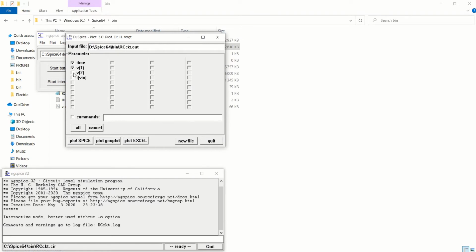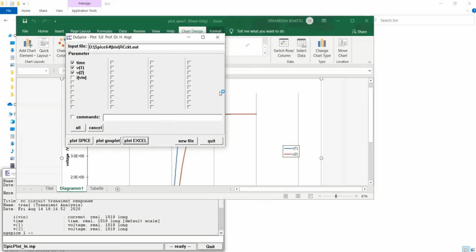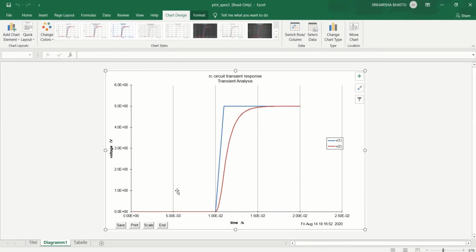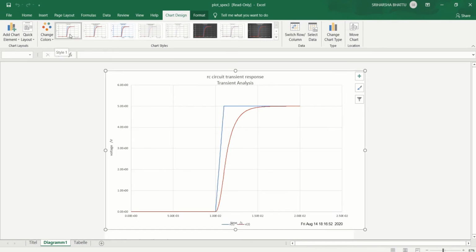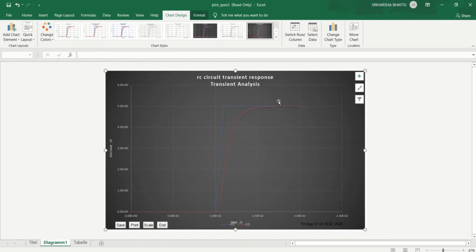So you can open V1 and V2 and plot directly in Spice, or you can plot within Excel also. So directly it opens in the Excel window. This is the response within the Excel window. Like that you can have multiple views by using this particular tool. So I'll close this.